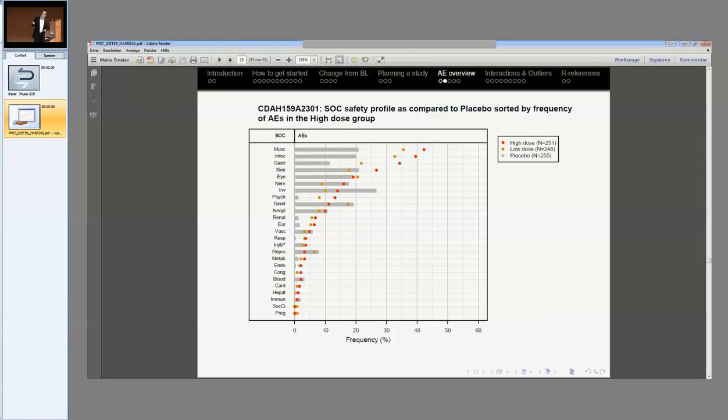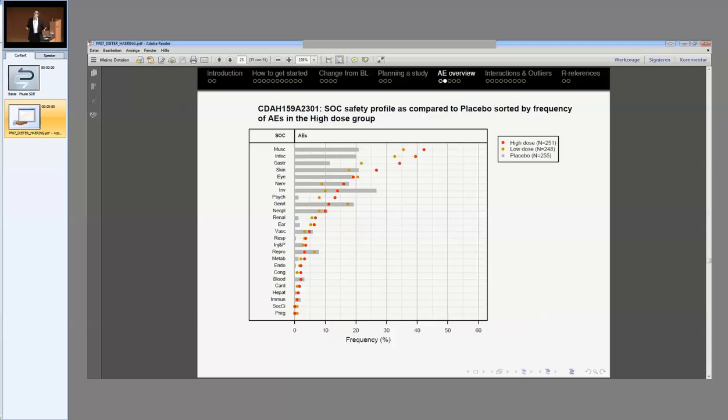And you can see now I use this bar because everything is compared to control treatment. So for the control, I use the bar, and you see when the dot is on top of the bar, then on active it's lower than on comparator. If the dot is in the white space, then it's basically a safety signal. Now you can also see that I ordered everything by the frequency on the highest dose. And I don't think that's very good, but that's often what we do in tables. It usually highlights things that are common,